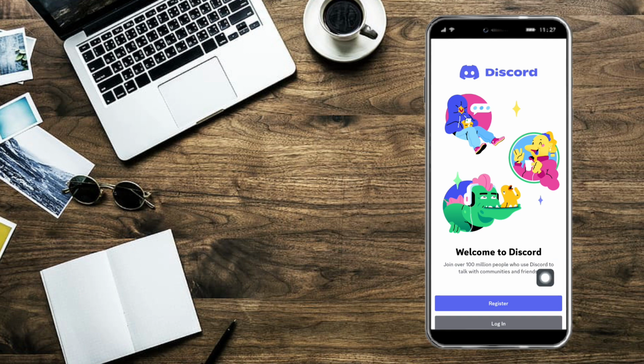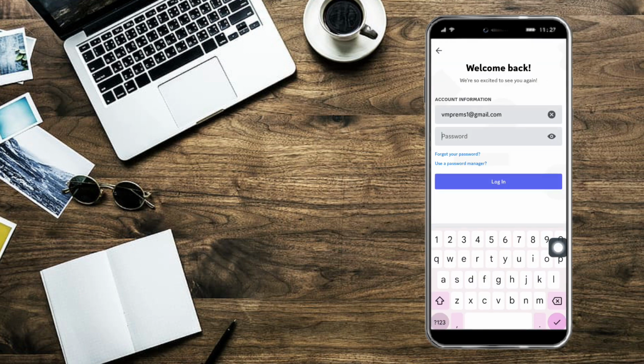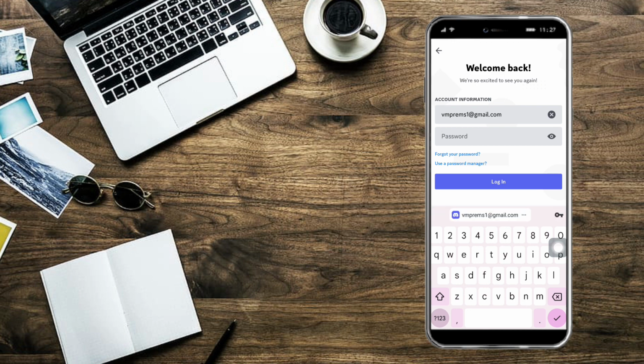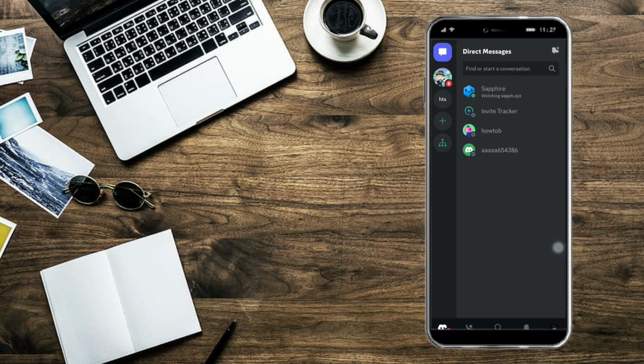So what I need to do is just log back in by clicking this login, and then typing in here my account credentials and clicking on log in. Then after that, I will be logged into my account as you can see right here, and that has fixed your problem. But if it still doesn't fix your problem, what you need to do is head over to